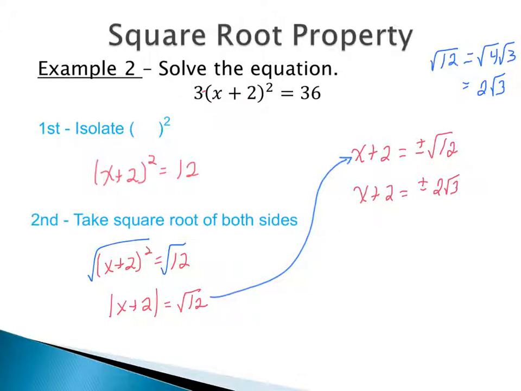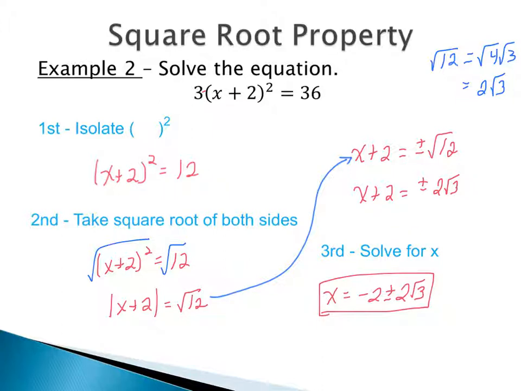Last, we just want to completely solve for x. So in our example 1, once we took the square root of both sides, we were solved for x, but for here, since we had that quantity squared, we have a little bit more work to do. I'm going to need to move that 2 over, so that way we have x equals negative 2 plus or minus 2 square root of 3, and remember these are not like terms. If we're writing this as a solution set, we're going to have negative 2 plus 2 square root of 3, and then negative 2 minus 2 square root of 3. So our square root property is beneficial if we have a quantity squared, or if we are missing that middle bx term and we just have an x squared.